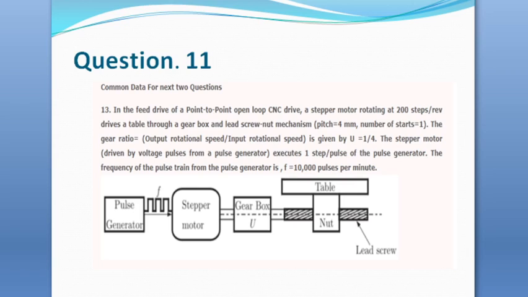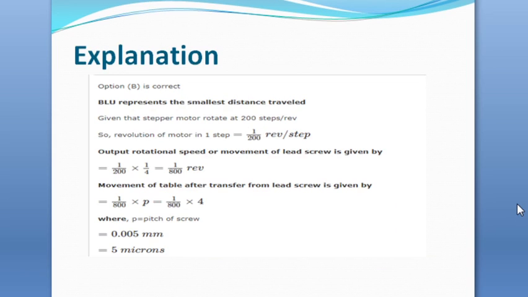Now to calculate, the pulse generator generates the pulses sent to the stepper motor, the gear speed reduction is done by the gearbox, then the lead screw and nut connected with the table, sliding position of the table. The lead screw is connected with the table. Here rack and pinion setup is used.